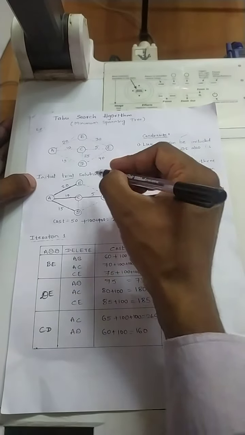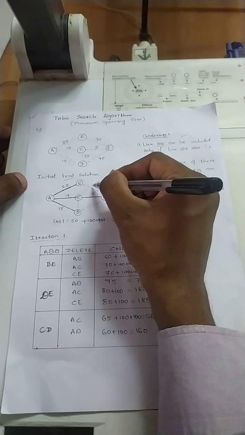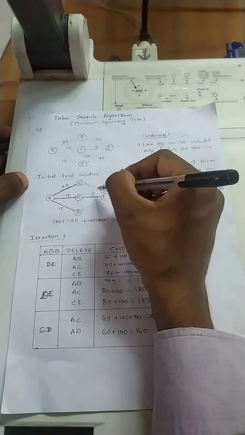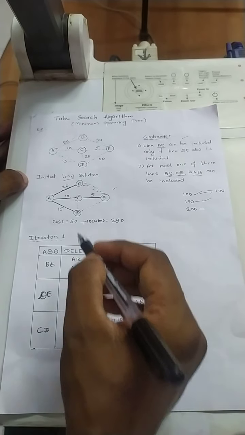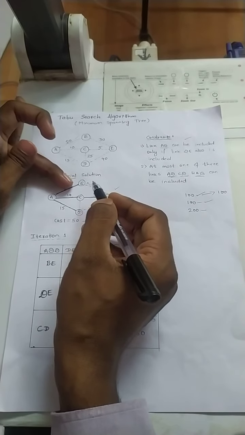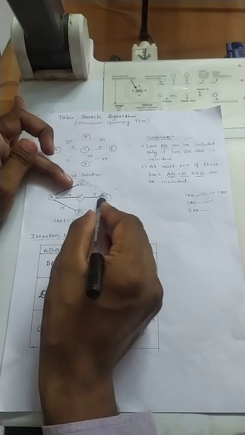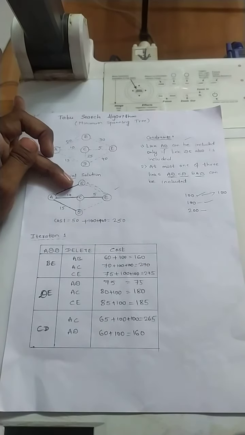If I add BE, I'll have one more dotted line. Two dotted lines indicate that we are adding it. Now let us try to remove AB. Let us assume that AB is not there, so it is a dotted line. So the graph is like this: A to C is there, C to E is there, B to C is there, B to E is there, and A to D. We have covered all the nodes, and there is no cycle or loop.